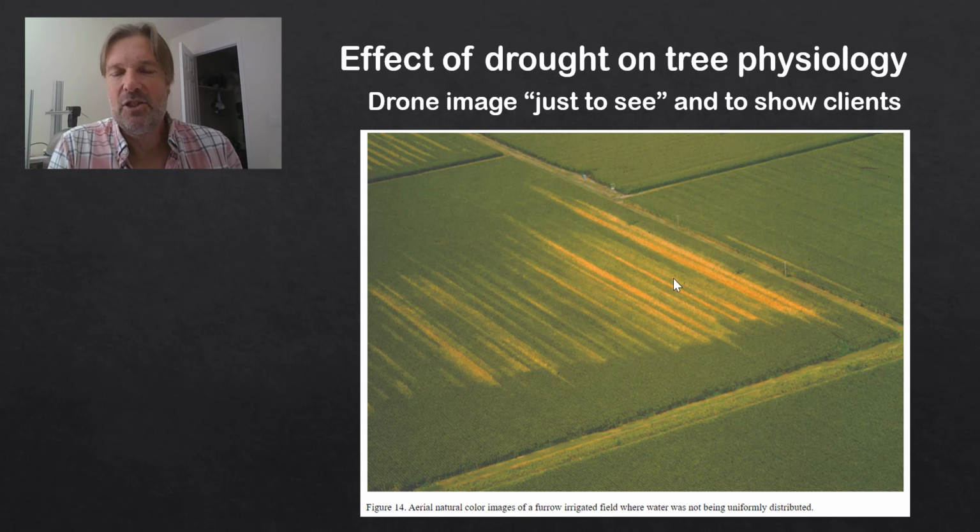So without any analysis, just having a visual of what is actually going on can help you immensely, and can also save you a lot of money, because if you are overseeing a lot of people, or you yourself are very busy, you can find out where you need to go at a given time. So if you have somebody flying a drone for you a week before or 3 days before you're going out to a property, you could then have that map or image on your tablet and use that to see where you need to go and spend most of your time. So it can help you save money, and it can really help you engage in a conversation with your client about